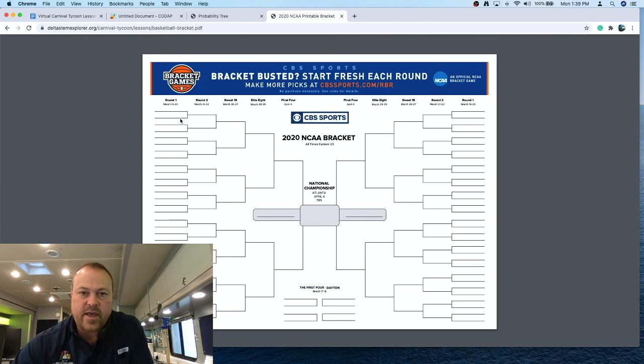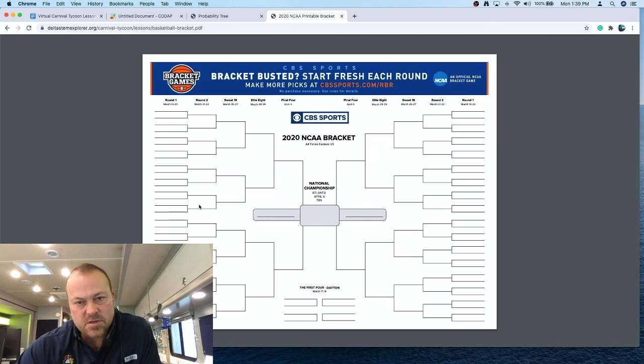If you're not familiar with how the NCAA tournament works, there are a couple play-in games, but once the play-in games have been played out, all of the teams, the 64 teams that made the tournament, are placed in 4 different regions. One region up here with 16 teams, and another region down here with 16, and the same on the other side, and that gives us 64 teams that have a chance of winning the national championship. And the women's bracket and the men's bracket are exactly the same. All right, so